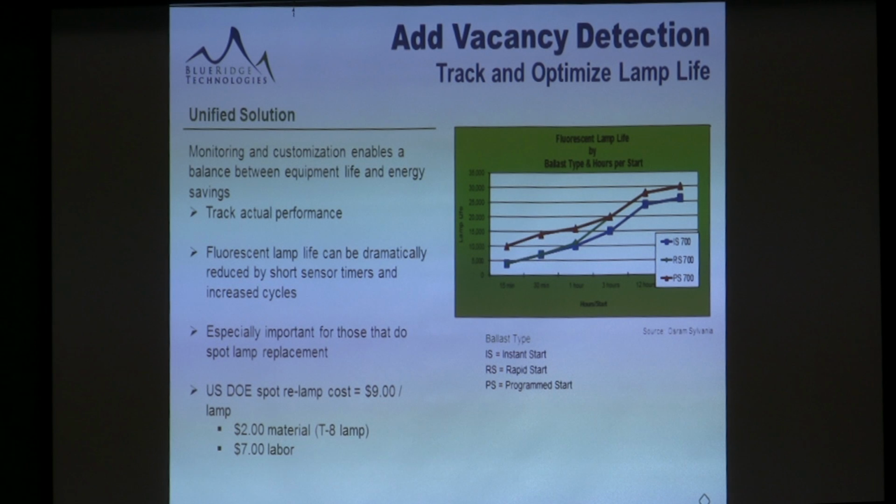If you pay out of pocket for what they call spot relamping, it can get expensive. According to DOE, it's about $9 per lamp to essentially do spot relamping. If you're not familiar with that term, it's basically when that lamp goes out in that fixture, the guy comes in here, pulls out that lamp, puts in a new lamp. The other strategy is what they call group relamping. You monitor the life cycle of your lamps, and then when most of the lamps reach that point of failure, you say, all right, we're going to pull the trigger and just relamp everybody